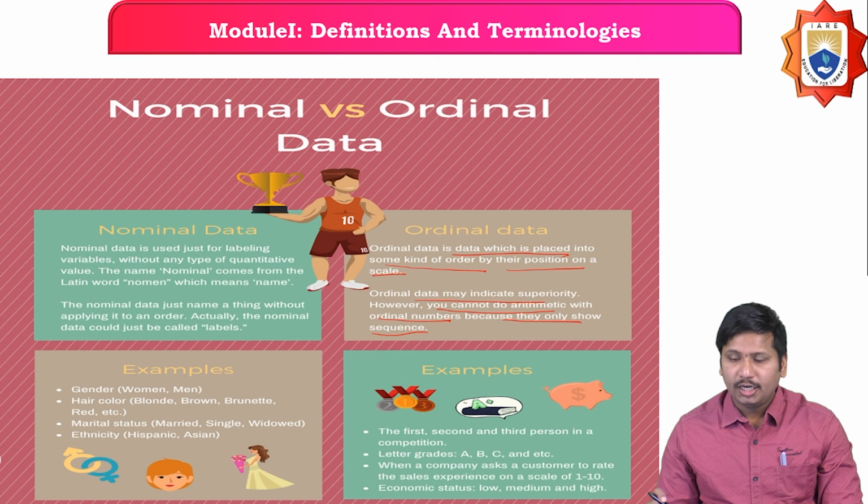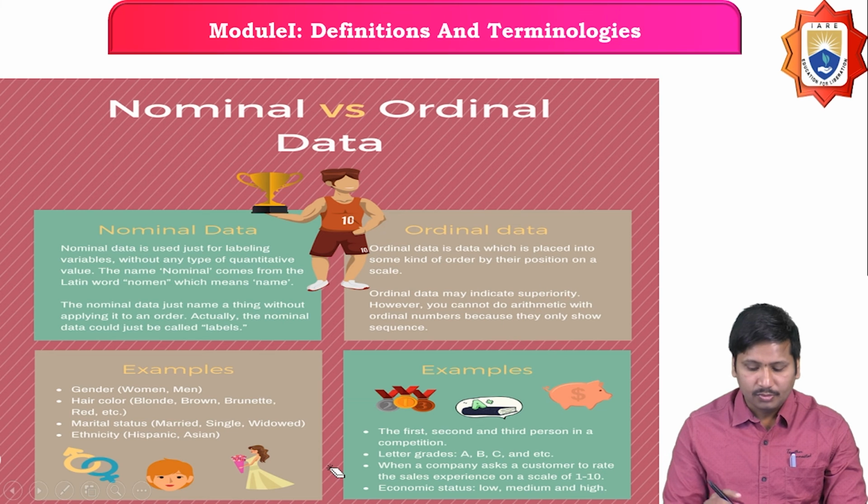When it comes to ordinal data, it is data which is placed in some kind of order by its position on the scale. Ordinal data may be able to indicate superiority, however, you cannot do arithmetic on ordinal data either. For example, if I take nominal data: gender like men, women, hair color,